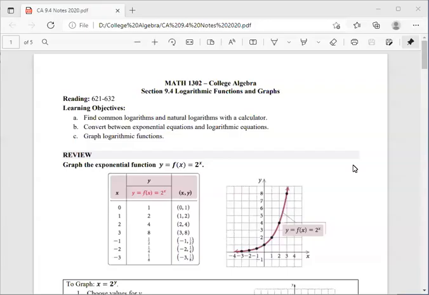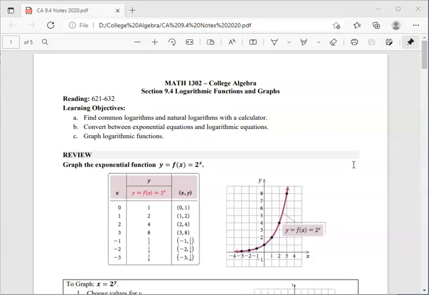So 9.4. In 9.3, let's just go back a little bit. In 9.3, we talked a whole lot about exponential functions. We talked about what they look like if it's exponential growth, what it looks like if it's exponential decay. And now we're talking about the opposite of exponential functions, which are logarithmic functions and how they